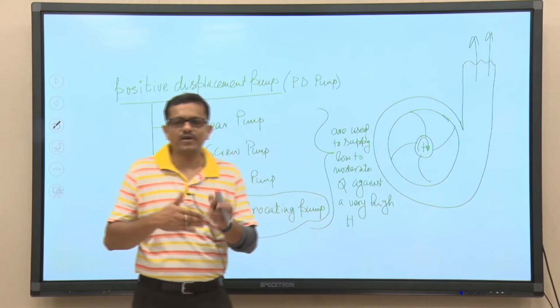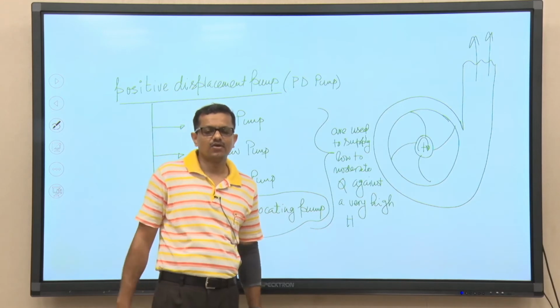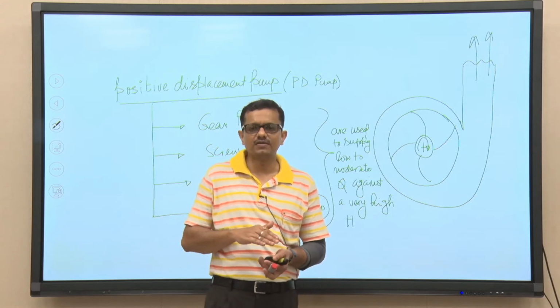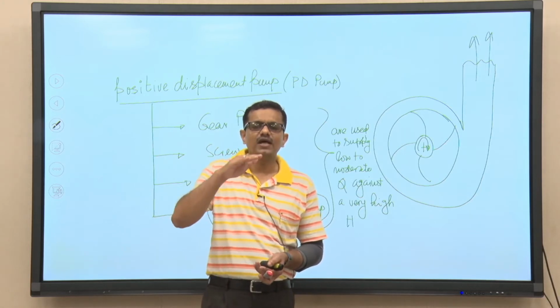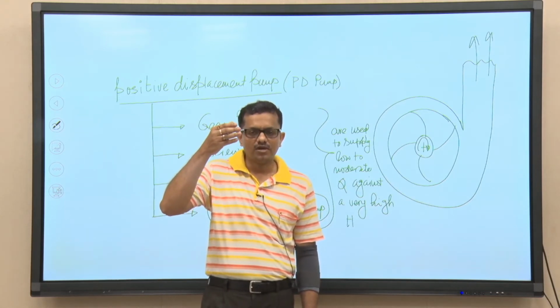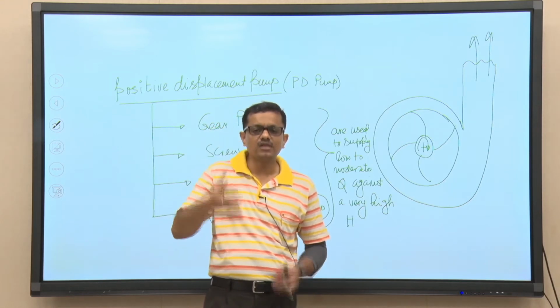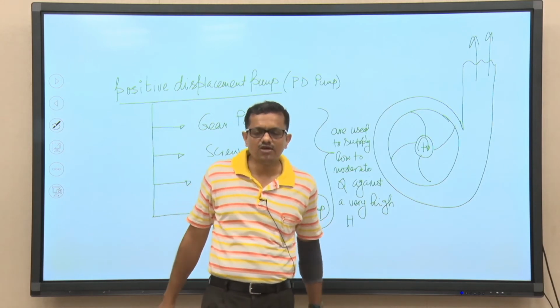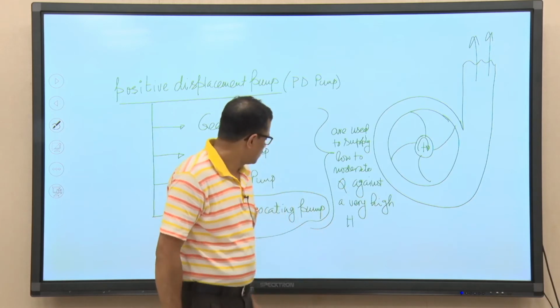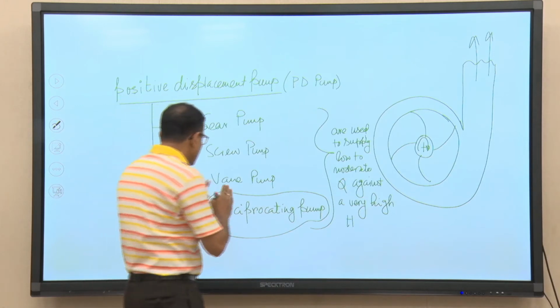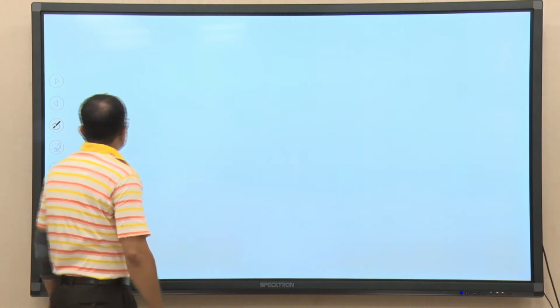Whether the pump is operated manually or driven by an electric motor is a different issue altogether, but the working principle remains the same: there is a piston, and the piston has reciprocating motion, a to and fro movement. The movement of the piston is responsible for pumping from the pump itself to the tube of the bicycle wheel. Today we will see in greater detail the working principle of the reciprocating pump.